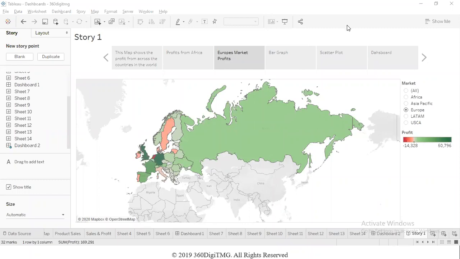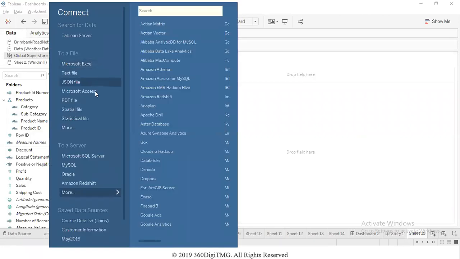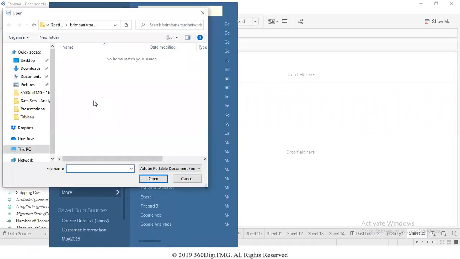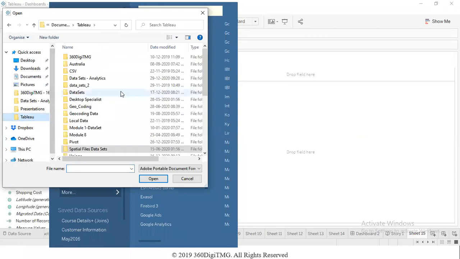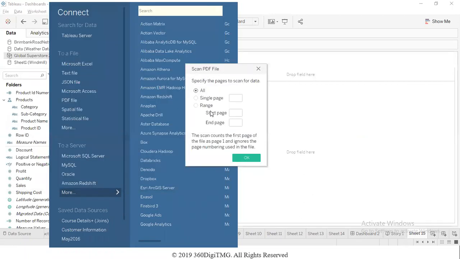We can do that. We can send data from PDF to Tableau. Now, if you have to connect to a PDF, then as I told you, the connectivity option would be to select PDF file. When I choose PDF file, I will be prompted to select the PDF file which contains the data. After I choose the PDF file and click on open, data from that file will come. But there will be a page picker asking us how do you want to bring which data.